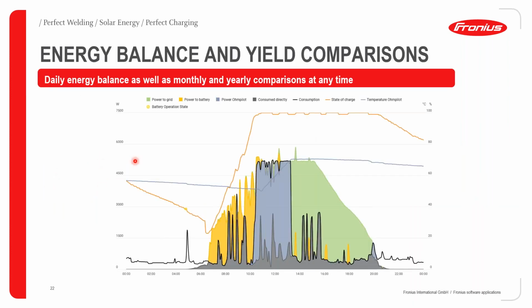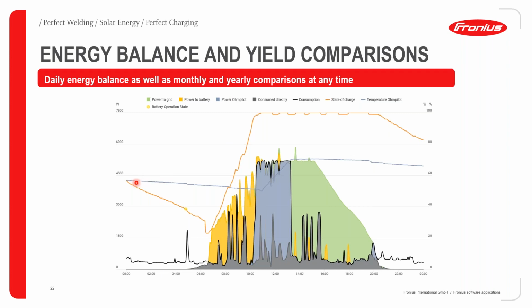So this graph gives us an overview or an indication of what a system being monitored in Solarweb looks like. So you can monitor daily energy balance as well as monthly and yearly comparisons at any time. In this particular example, we can see that we have an installation including also something like an Ohmpilot, which is one of our other relatively new products that we are also highly recommending for the African market to be able to